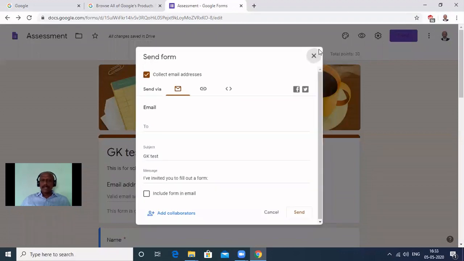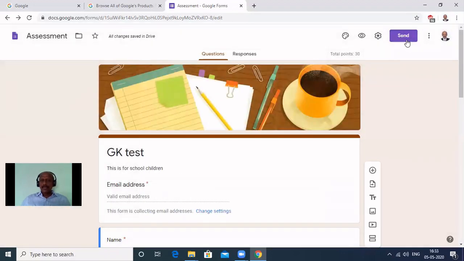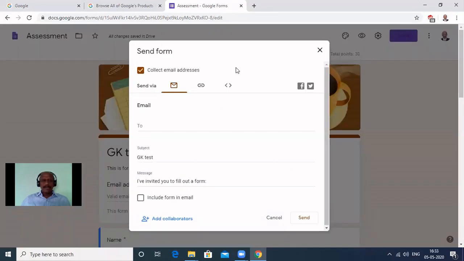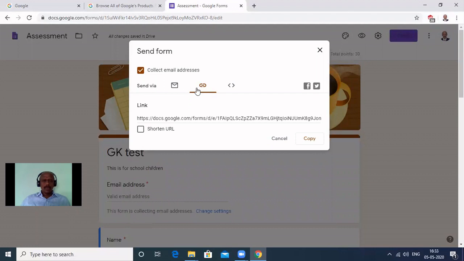So for giving the link, what I should do, I should go for the send option. There are also other things like we can change the theme, and we can also have a preview. For the time being, I give the send option. In the send button, we can directly send it if you know the email ID, or we can send the link